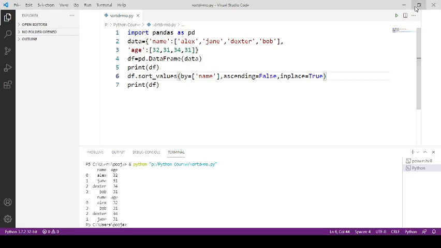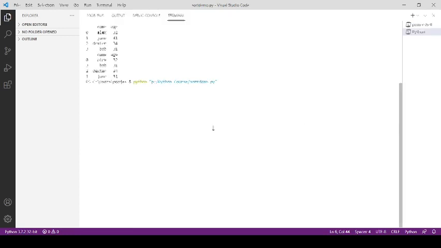Now run this code and you will see the difference. So before sorting data is this, and after sorting, now you can see based on name data has been sorted in descending order. Now the name column of the data frame is sorted in descending order.